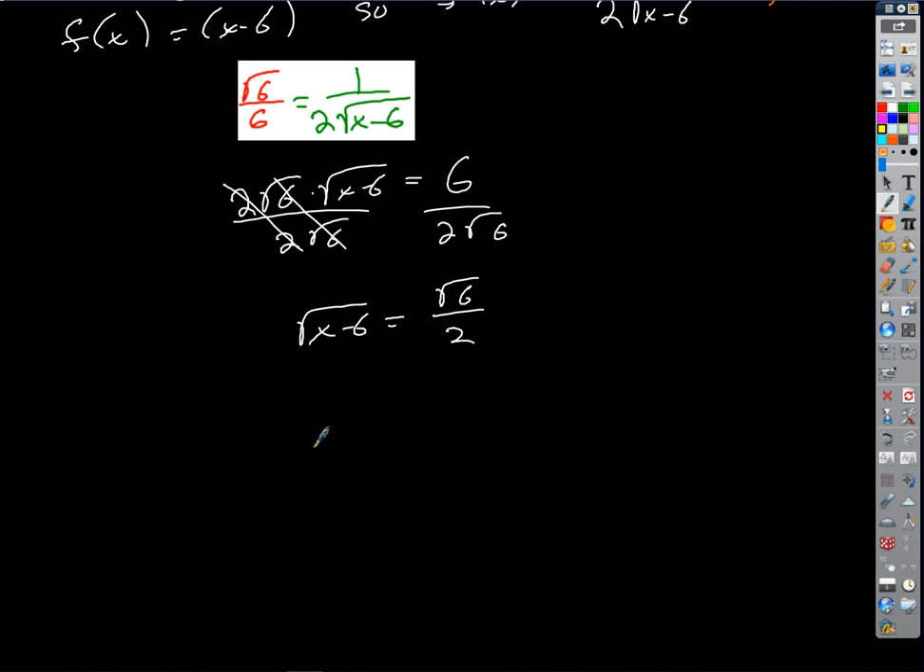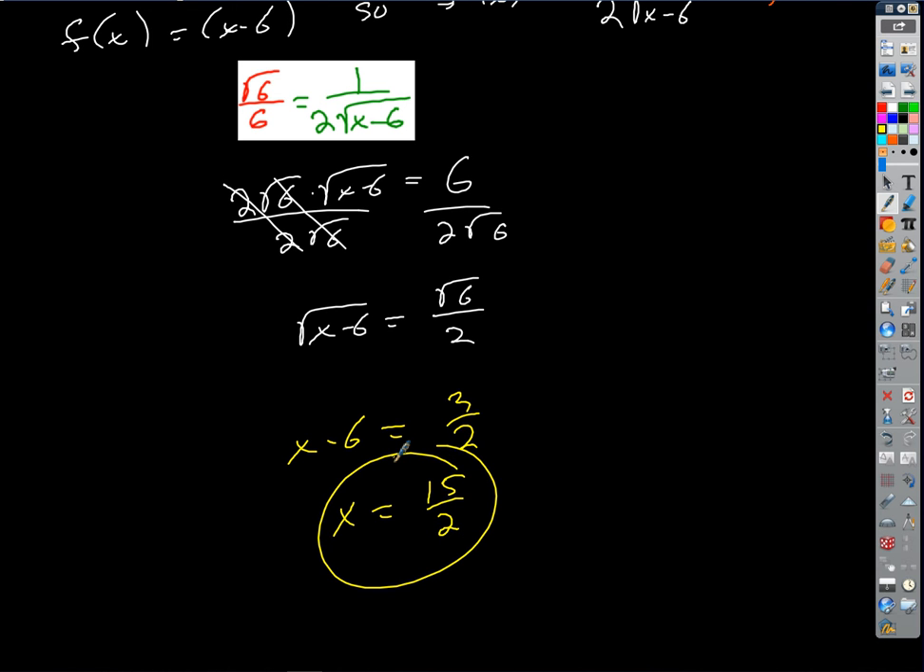If I square both sides, I'm going to get x minus 6, and over here I'm going to get 6 over 4, right? So what is that, 3 halves? So if I add 6 to both sides, I'm going to get 6 plus 3 halves, which is what, 15 halves? Right? Okay, but we did